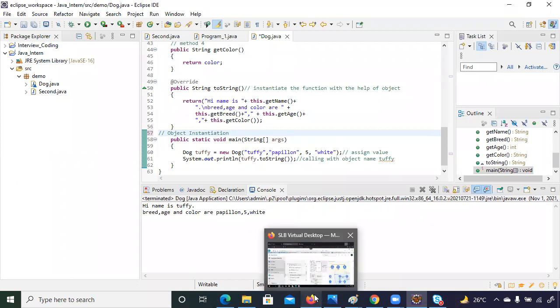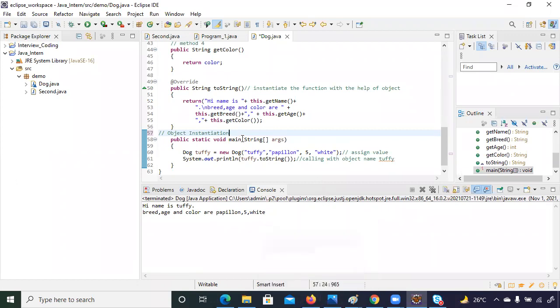Yeah, Chandan, tell me what is object instantiation? Object instantiation means it creates the space in the RAM and executes. For what will it create a space in the RAM? To give the input. No. Hina, can you tell me what is object instantiation? It is going to create an object in the RAM space.